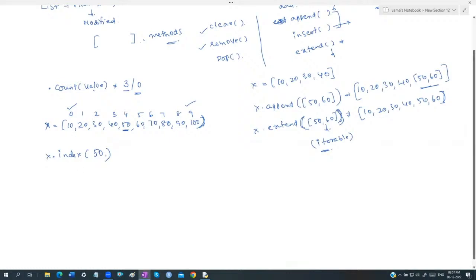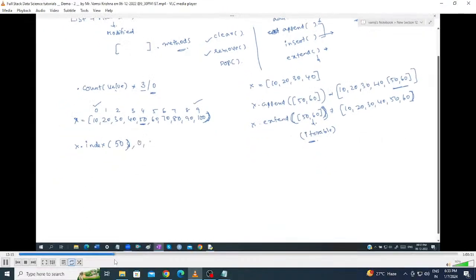But the extra thing we have here is that we can also specify where to start and stop your searching, guys. For example, if I said 0, 4, for example,